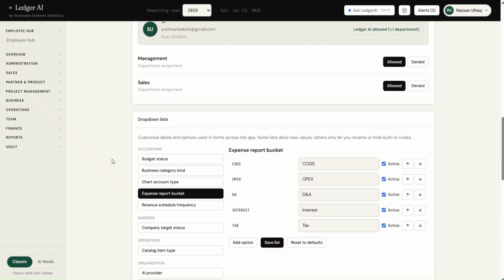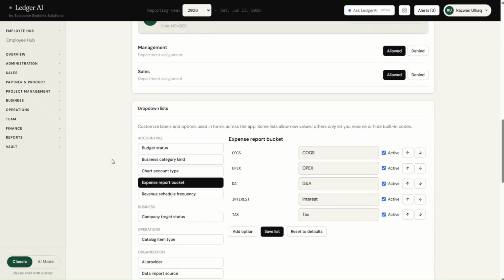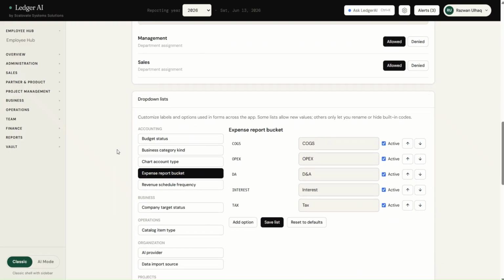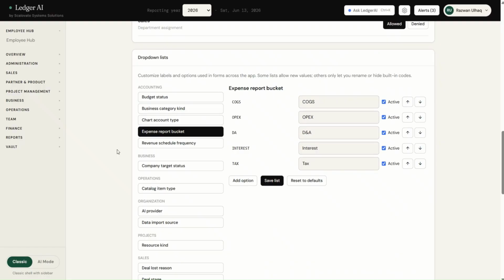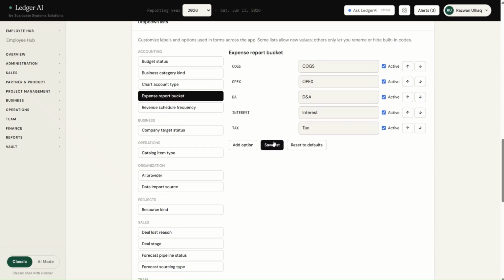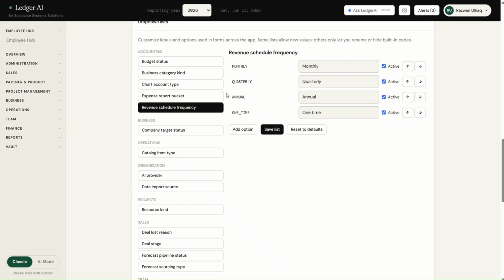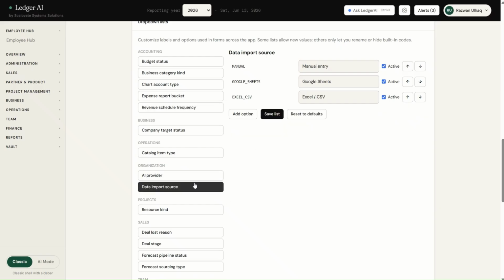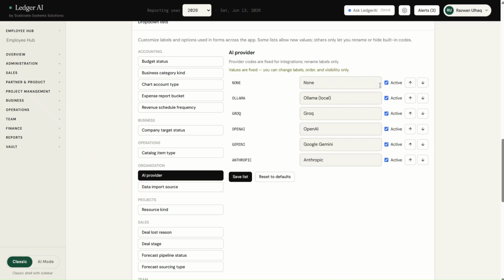So let's say you want to add a user, which should be allowed just finance access or management access, you should be able to get it done from here. That's a summary. Then the drop down list. So all the lists are not hard coded. Basically, you can add more options from here to any of these lists. And you can change and remove, make them inactive, and add new options here. Just completely